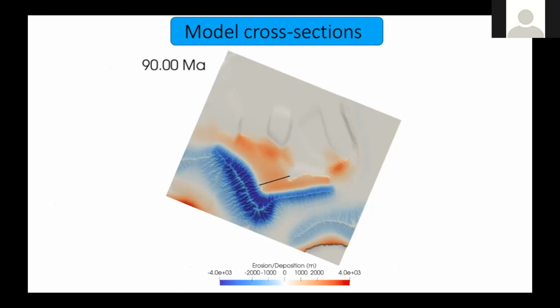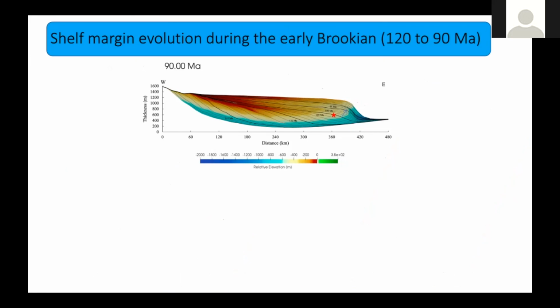West to east cross sections across the Colville Foreland Basin were also taken at 90 Ma to further examine the evolution of the shelf margin during the main phase of deposition in the basin, which was from 120 to 90 Ma. From the cross section, it can be observed that the model captures a shelf margin trajectory shift at approximately